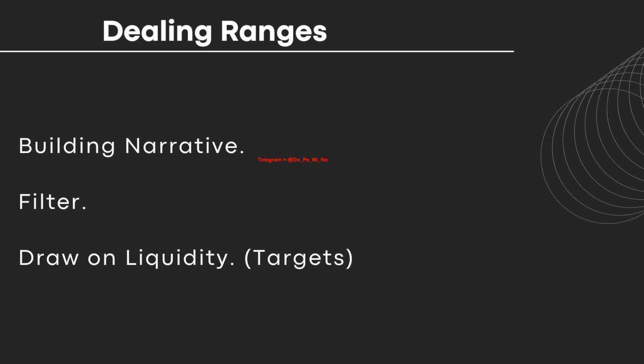The third aspect of dealing range is that it can be used for determining and refining your draw on liquidity, right? Let me tell you how. For example, if you are in a bullish market condition, if you've got a bullish dealing range, now we know that in a bullish market condition, price will tend to retrace to a discount key level before moving higher, right? So with that fact in mind,